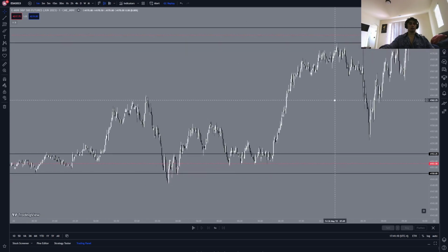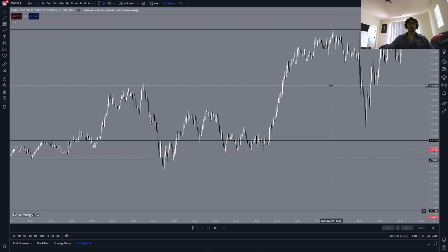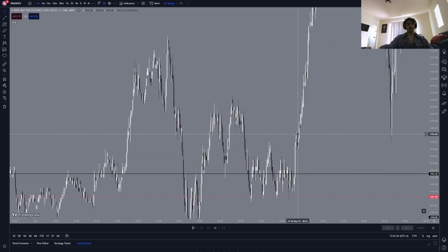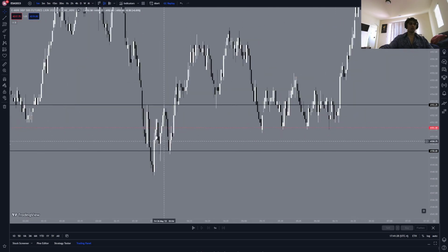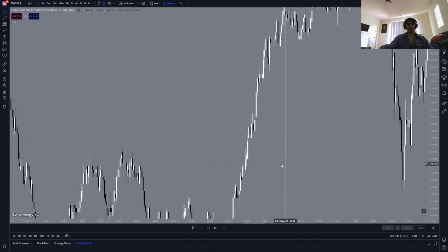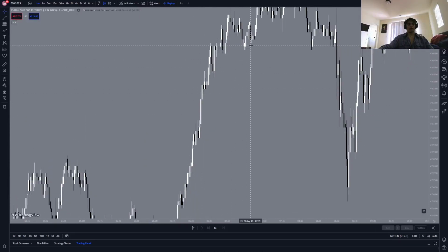Every time I mark my new week opening gaps, I always put in the high of the gap, the low, and then the CE, the consequent encroachment, so basically just the midpoint. You'll see why I do that: as we come down, we start bouncing off the low, come up, bounce off the highs, bounce off the midpoint many times, and then we get the impulsive move out of the cannon straight up